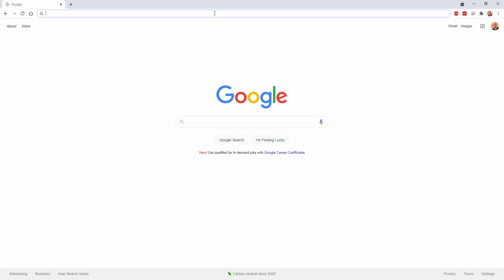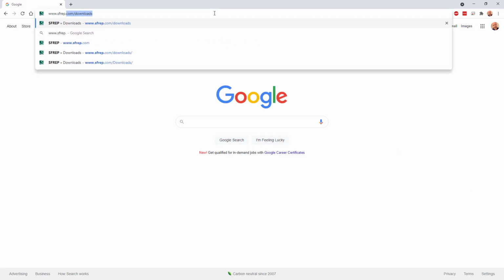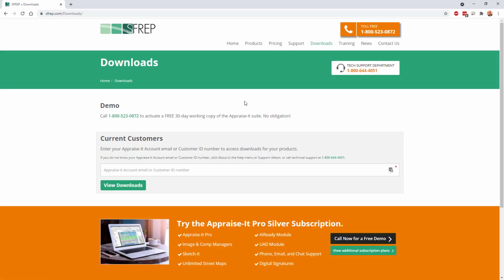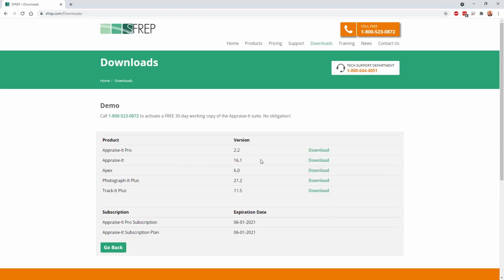Installing Appraise-It Pro is pretty simple and easy, and it can coexist on your computer side by side with Appraise-It Classic. This will allow you to transition over at your own pace. First, visit the Downloads page on the SFREP website at sfrep.com and download the Appraise-It Pro installer to your desktop